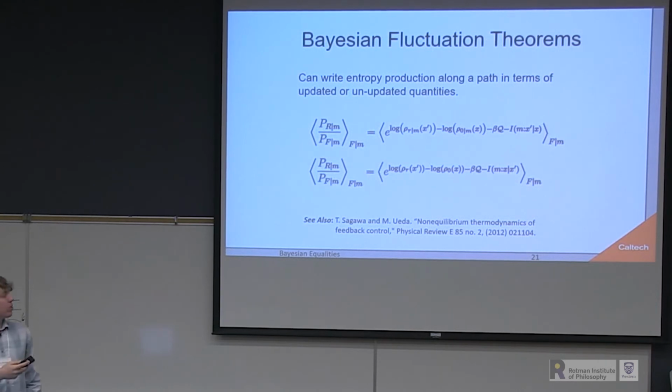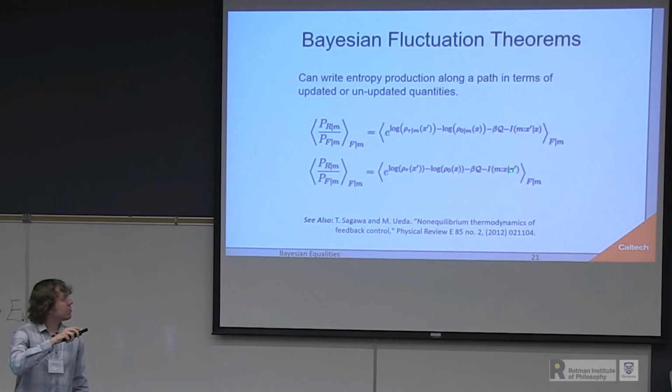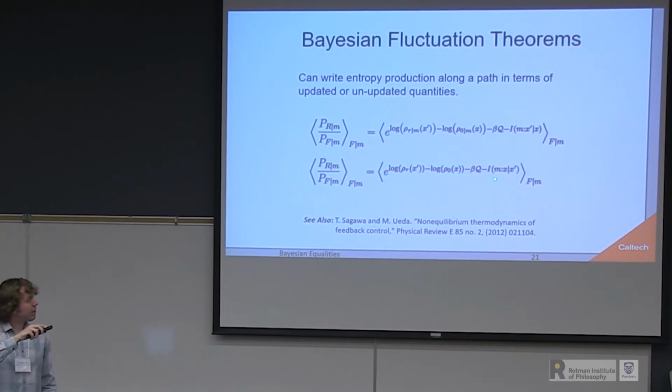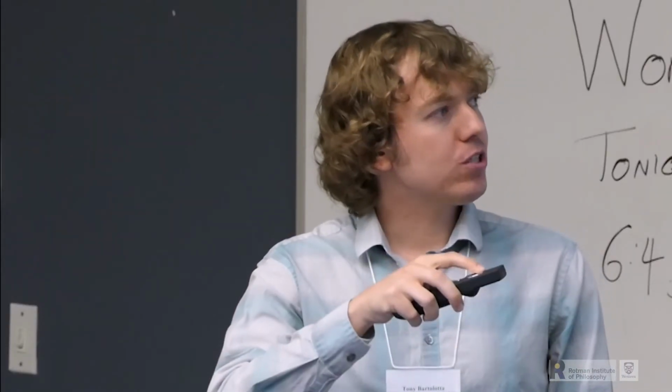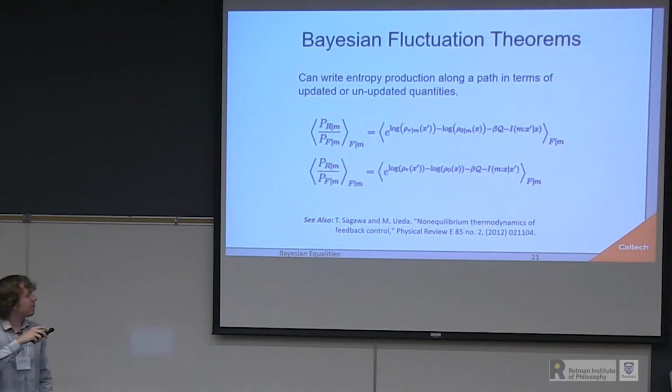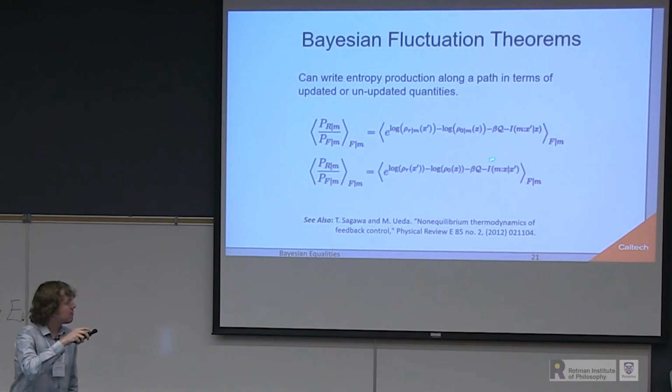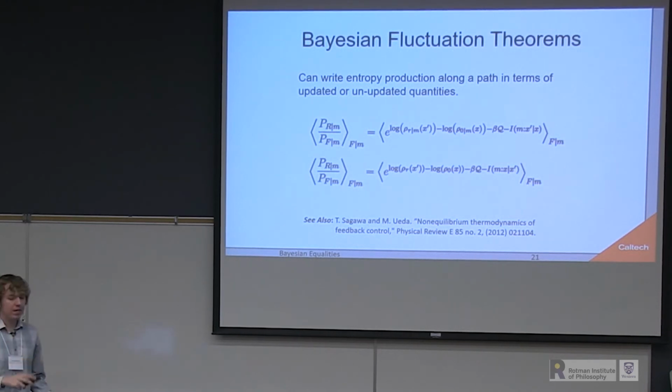Similarly, if you instead prefer to work in terms of unupdated objects, the information-theoretic term becomes the point-wise mutual information between the measurement outcome and the initial microstate conditioned on the final microstate. These differ slightly from the previous versions found in the literature, particularly from Takahiro Sagawa and Masahiro Ueda, as you get slightly different information-theoretic terms given their partitioning of the inequality than what we're getting here using this sort of